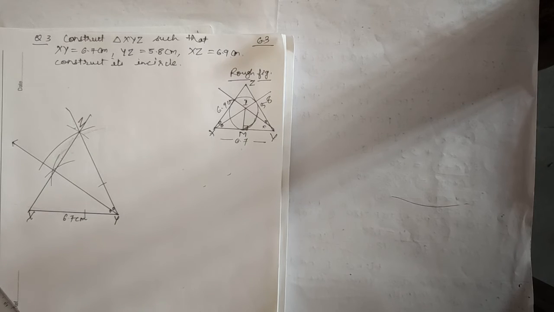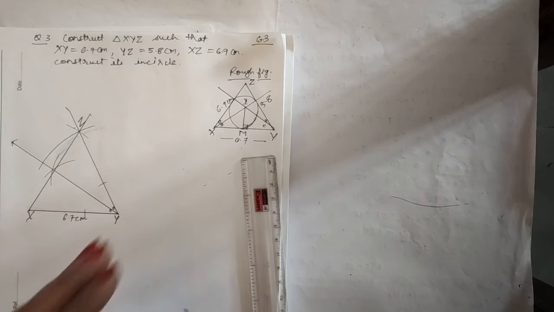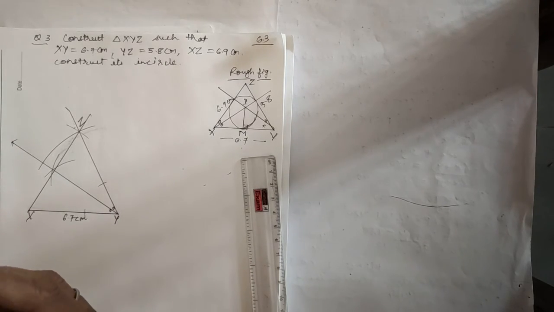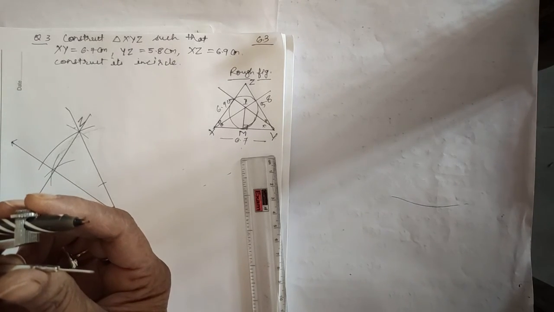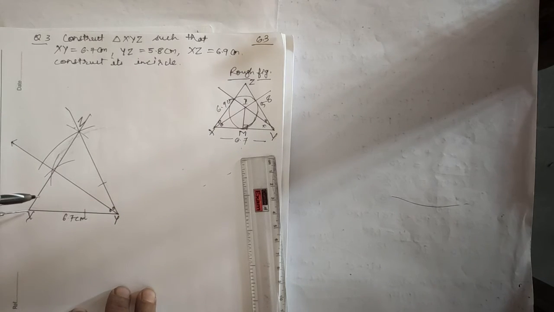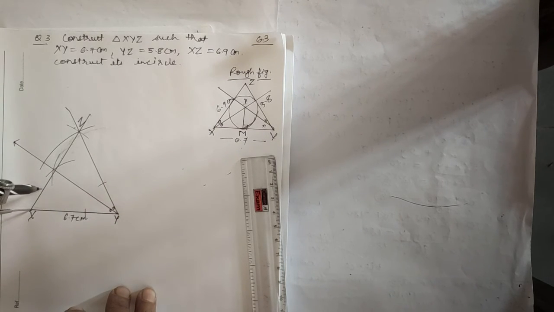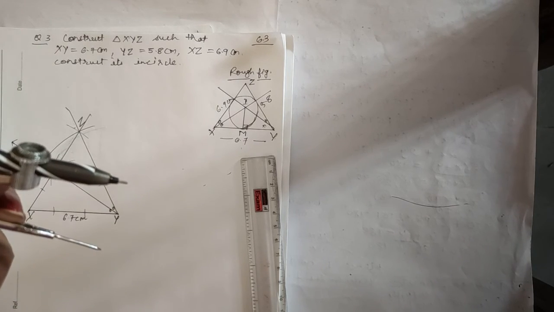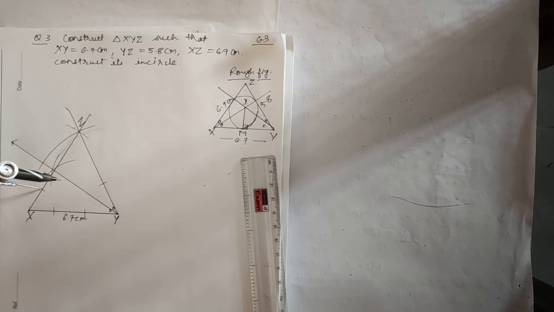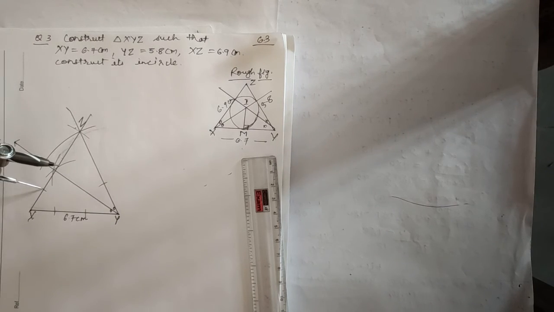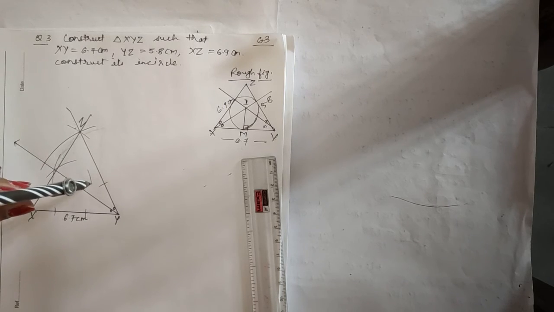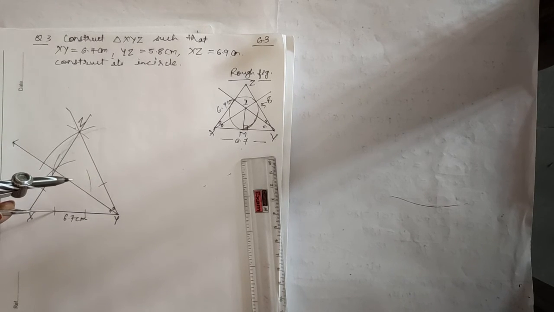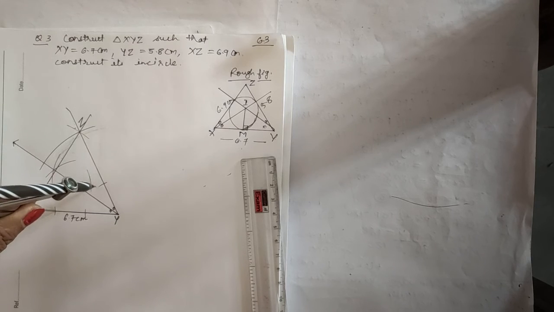Now next again you have to draw one more angle bisector. So angle bisector of angle X I am drawing. Take a convenient radius, small radius you will take. Okay, and now X will be the center. Draw the arcs like this. Now extend the radius a little bit. This point of intersection we have got, so one time we take this as center. Draw an arc like this, and one time this as center, and cut off this arc.